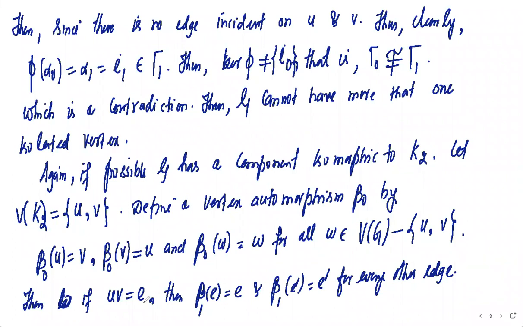on those edges. But here we have beta 1 of E is the same edge, beta 1 of E dash for every other edge is the same edge E dash. So this implies beta 1 is the identity automorphism. It is actually equal to I1. Okay. So thus again kernel of phi is equal to